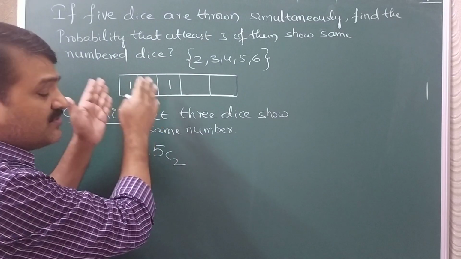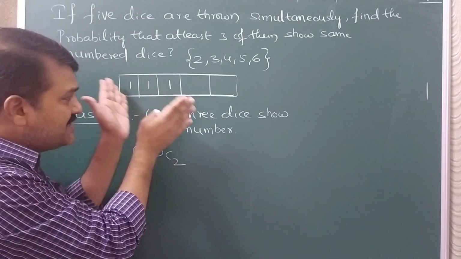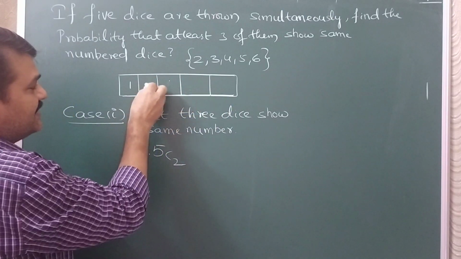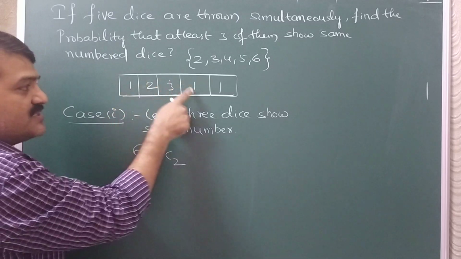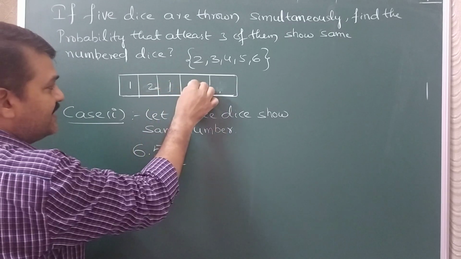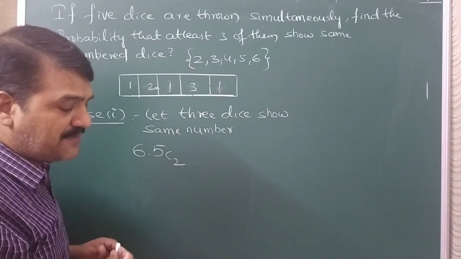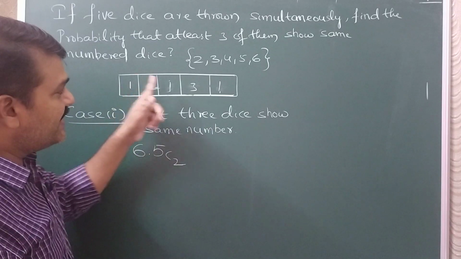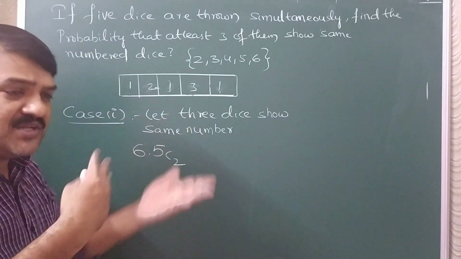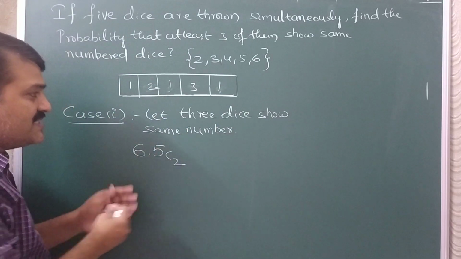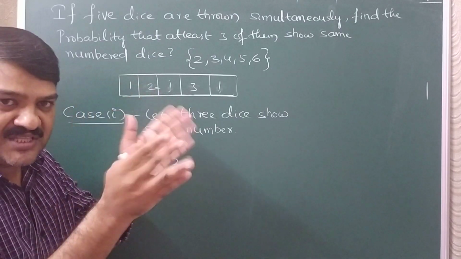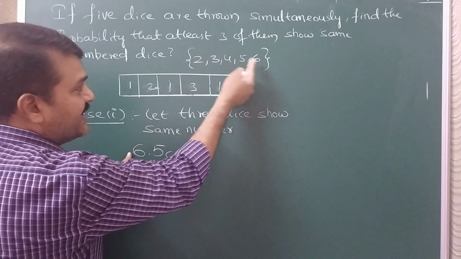Now once 3 numbers must be same, they need not be in this order only, no. You can get 3 same numbers like this. So these 3 are same anyhow. Or you can get the 3 same numbers like this, 1, 1, 1, they are same, like that. 3 same numbers they have given, but they need not come in this order only. So different orders are possible. What we have taken is 3 same numbers I have taken in 6 ways, that is 3 1s or 3 2s or 3 3s, like that. Other 2 numbers I can take from these.